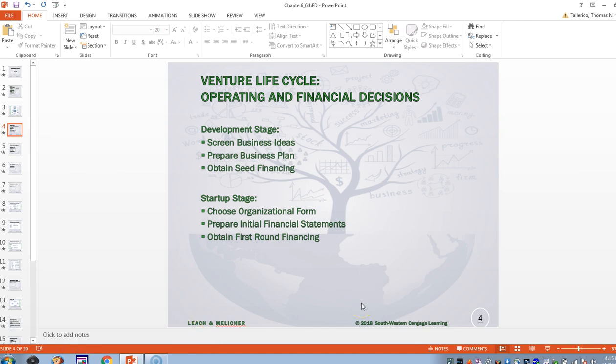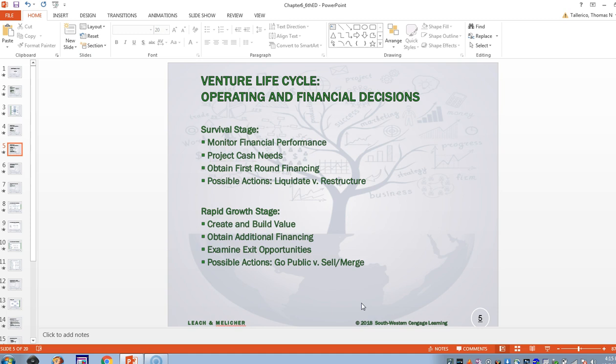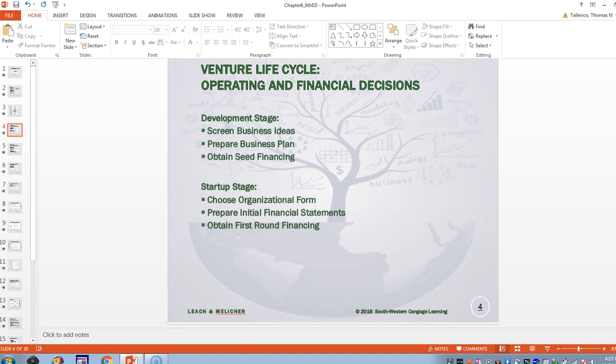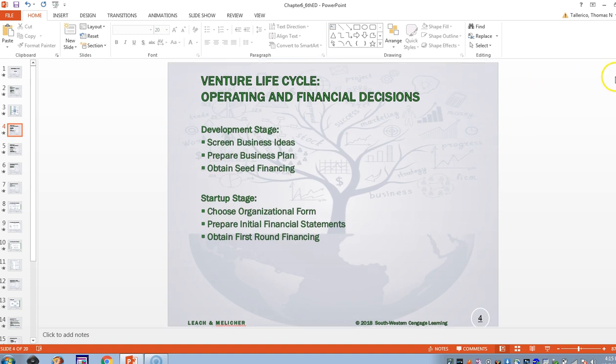Okay, so these are the two very beginning stages, and here are the two we're going to look at. The survival stage is where we want to keep the company going. This is where we really start monitoring our finances, and we start projecting cash needs, and we obtain first round financing, and we decide how things are going, and if the company's not going well, we may want to liquidate or restructure it. Then if we get through that stage,